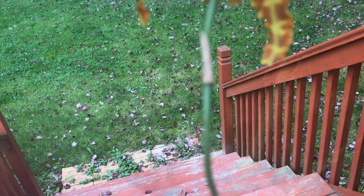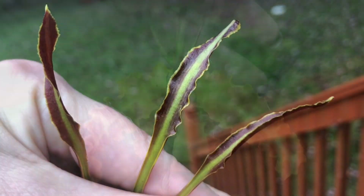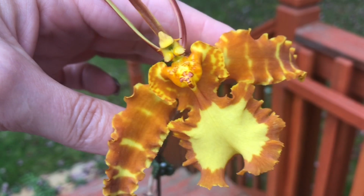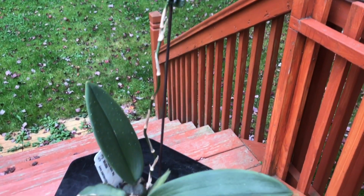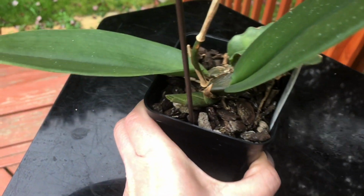Once a month I make a video about what's in bloom, like the one you're watching right now, and I like to pick the most beautiful orchid of the month, my king and queen. There are 11 orchids blooming at the moment in September, so let's start with Psychopsis kalihi, a big cross of